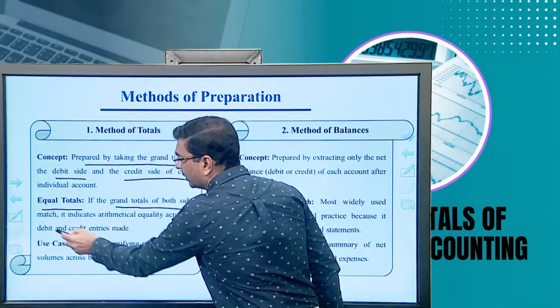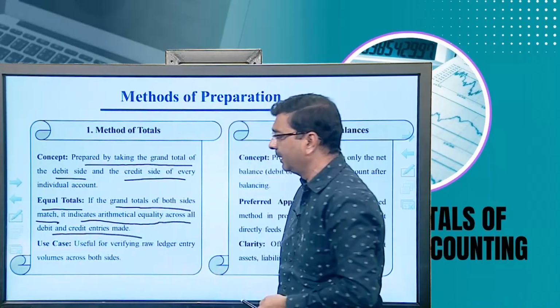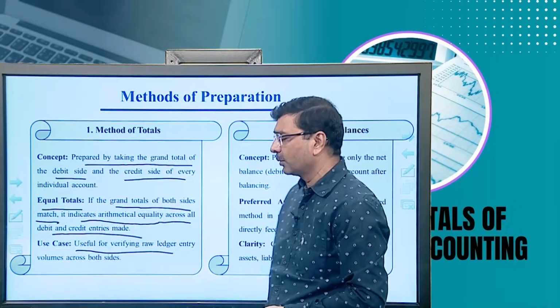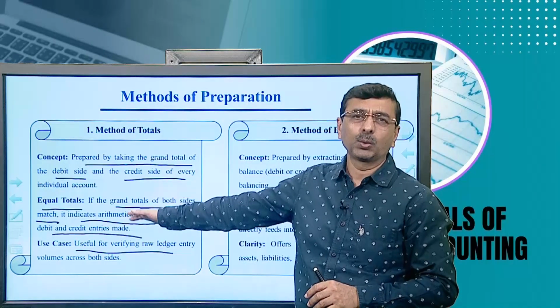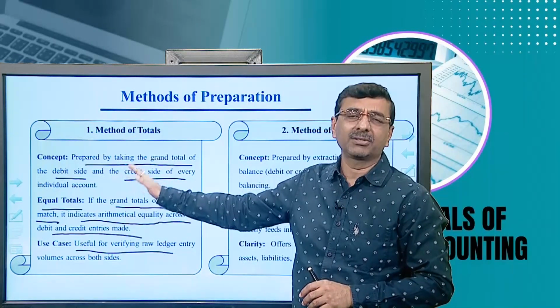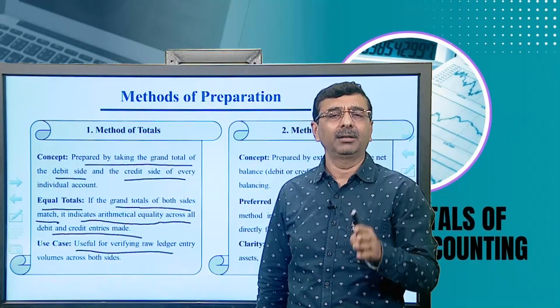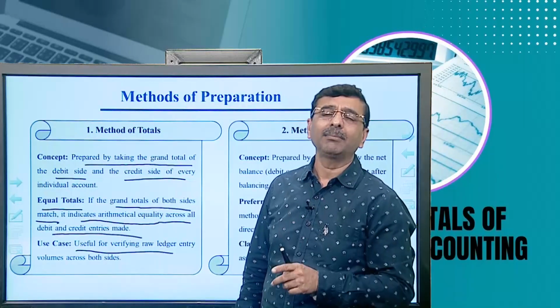Grand totals of both sides match arithmetically across all the debit and credit entries made. It is useful for verifying the ledger entry volumes across both sides. But ultimately, this method shows that the balance of each side has to be written into the trial balance, and then at the end we have to find out whether the trial balance is tallied or not. The second method is